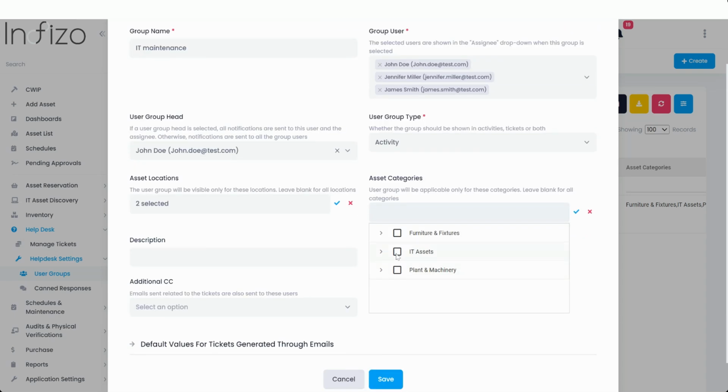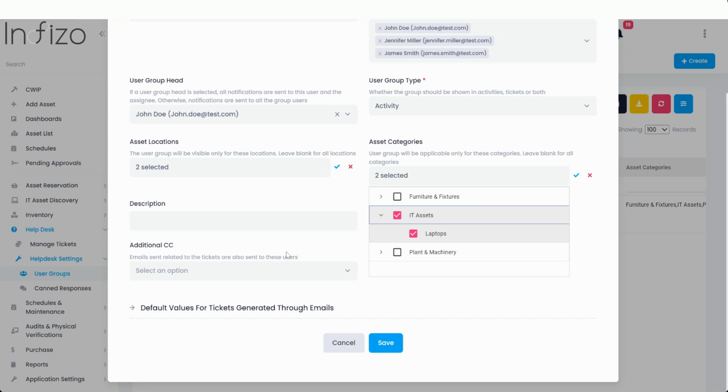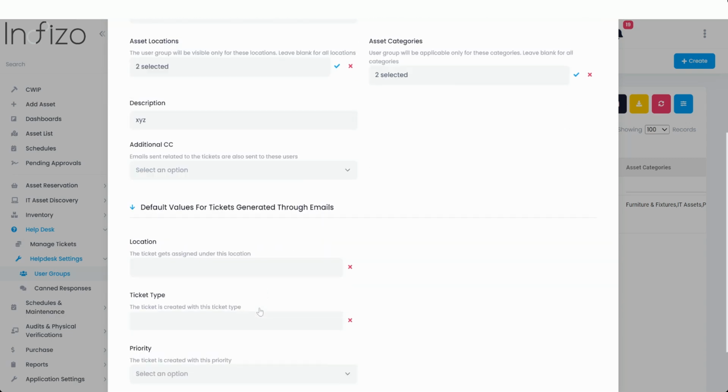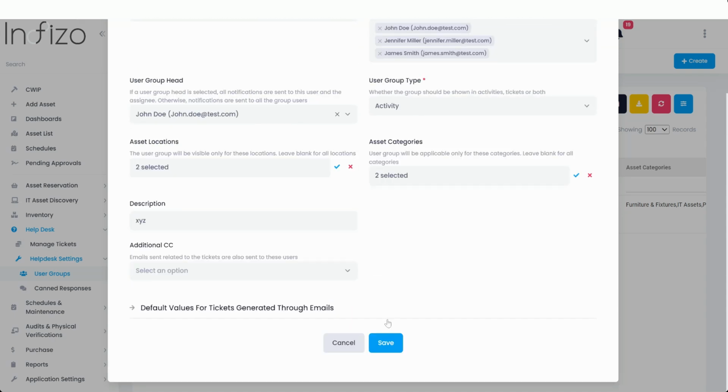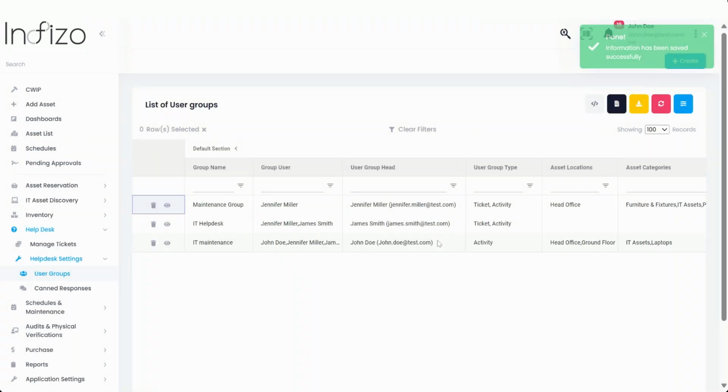Moving on to the asset categories, we can leave it blank for non-specific user groups. But in this case, we shall select IT assets, as the group will be focusing only on IT maintenance. We can then fill in a description as per the requirement and can also select users to keep in CC from the Additional CC drop-down. We'll leave out the Default Values for Tickets section, as this will only be used in case we are creating a user group type containing ticket. Once saved, we can now see that the IT Maintenance user group has now been added to the list of